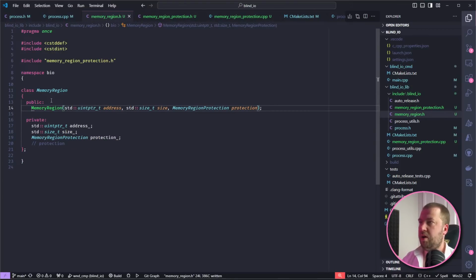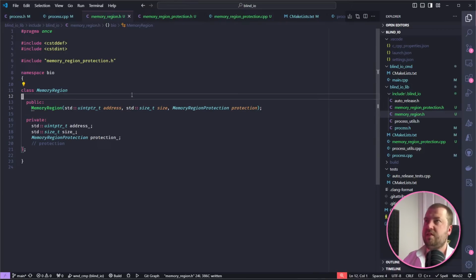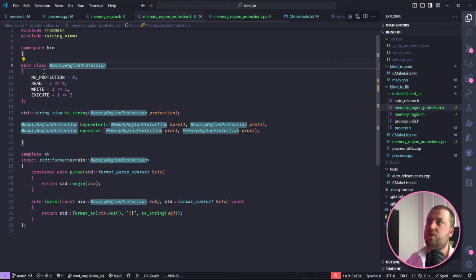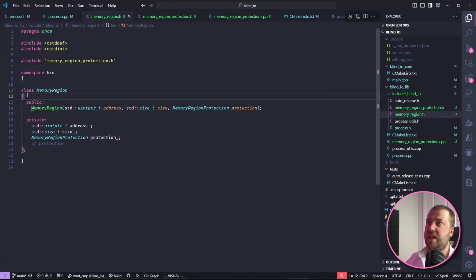Couldn't the enum class be part of the memory region class? Yeah, you could. I personally like to keep them separate, because if any other code ever wants to use this irrespective of the class, then it has free access to it. It's a tricky design decision to make. Normally I try and keep things as co-located as possible, but I can definitely foresee a use in the future where something might need to reference a memory protection and have it totally decoupled from the class. But you could just as easily have declared this inside here, but then you'd have to do memory region, colon colon, memory region protection. I suppose you would just call it protection.